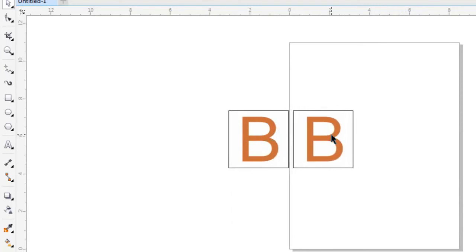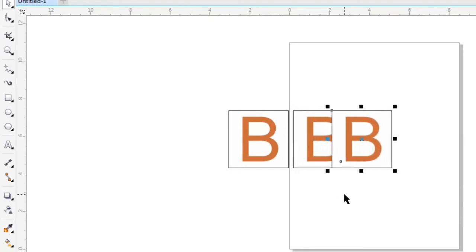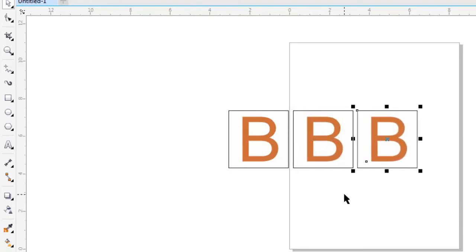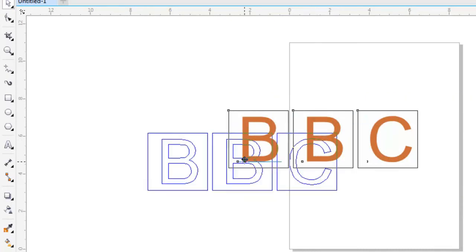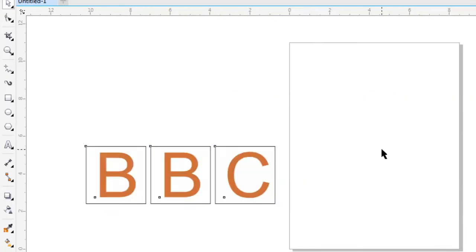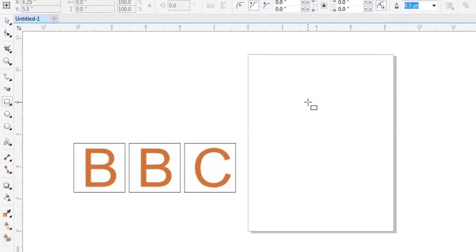Now I will take a copy of this one, Ctrl C and then Ctrl V to paste again there. So I have simply taken a copy of this, and now we'll change this text using the text tool to C. So that's it. Now what I can do is select all of them and put it here. Now I will take a box,